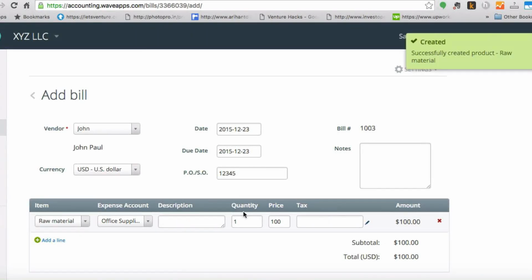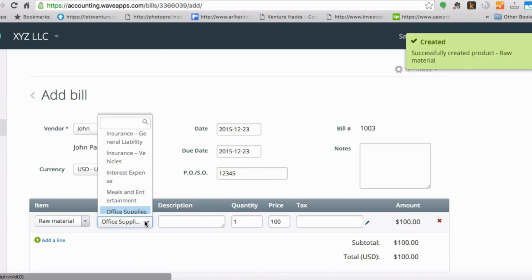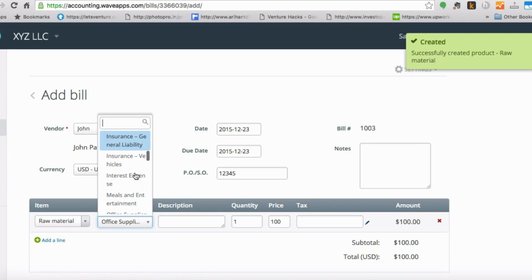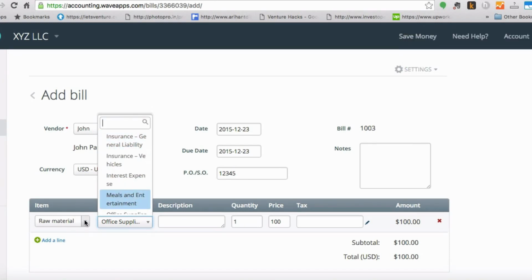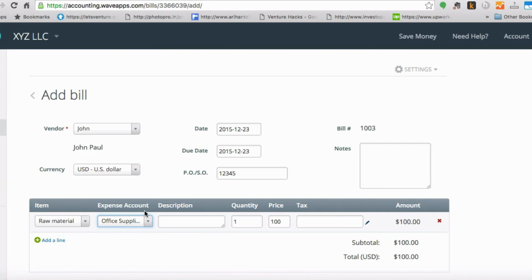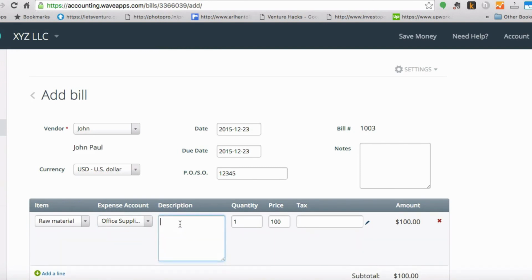Now this product gets added. So here also you can change the expense account if you wish to, for the raw material that you have already assigned an account. Now if you wish to change it to any other account, you can do so, and to that account only the expense will be accounted for. Now if there is any description, you can put the description as office expense,